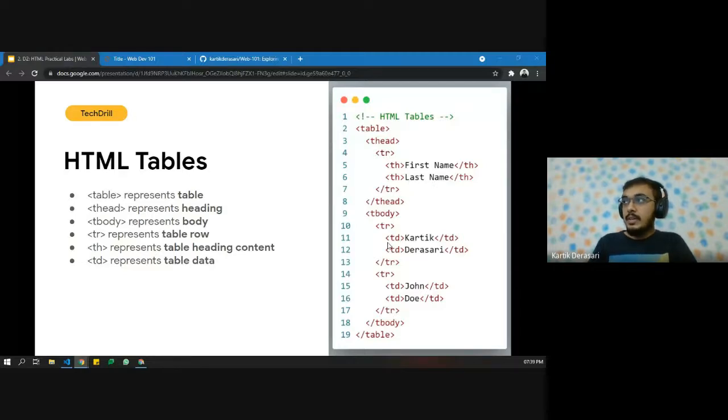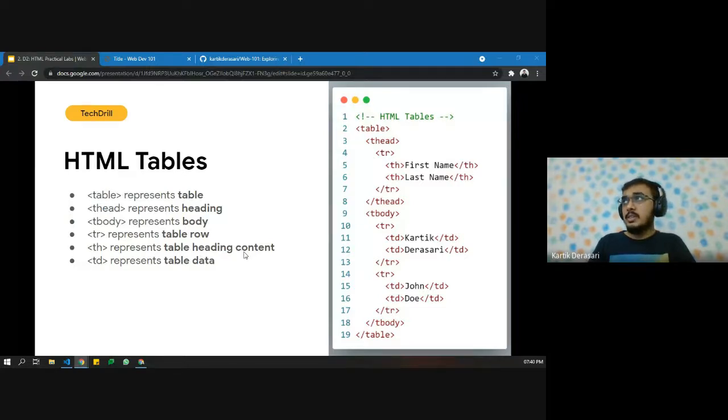So we are adding Karthik to the first column of the first row, and then we are adding Virasari to the second column of the first row. Till here it is only the first row code. Then we'll also create another row, and we are inserting some other first name and last name. And this is how a table is generally represented.